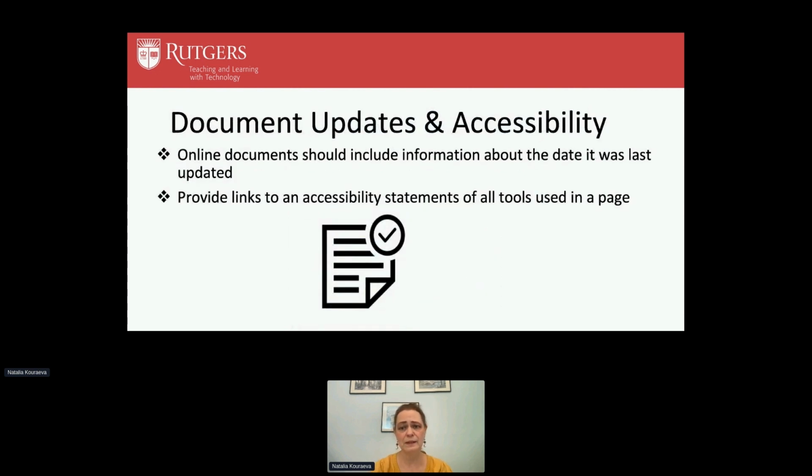Document updates and accessibility. It's often a very forgotten element of accessibility, but I do encourage you to always date your documents and make sure that you put a new date. If you updated some document or updated your course, make sure you include your last updated date. It will help students to see that they're working with accurate material, but it also will help you to ensure that you actually attach the correct document and not the one from 5 years ago that just happened to sit